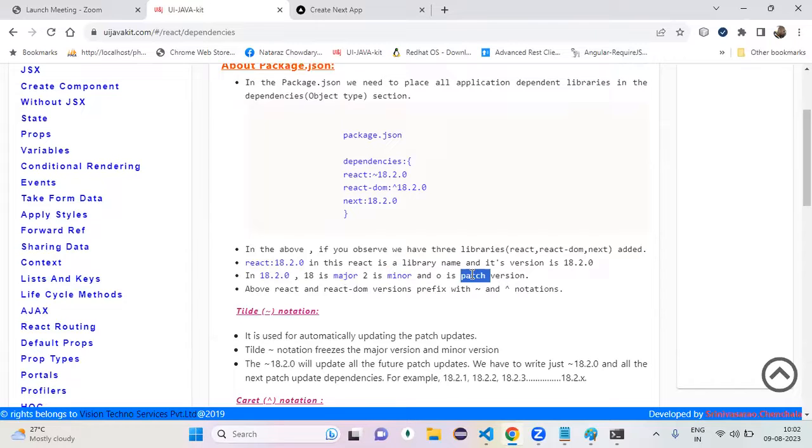You released one new feature. Due to some reason there is one bug, and you need to fix it immediately. Then we are not going to release a new version; it's a patch release, yes or no? Yes. Okay, if there is one small feature,